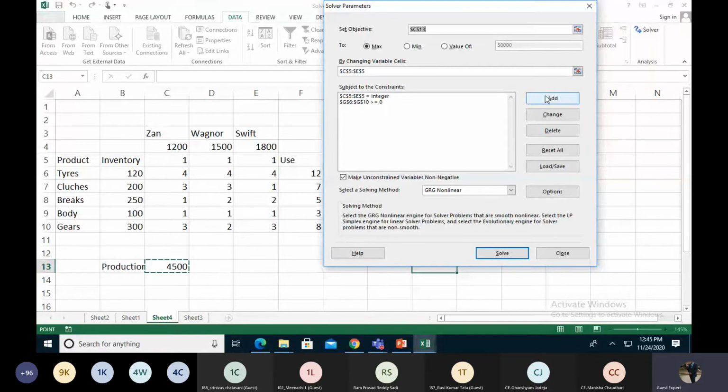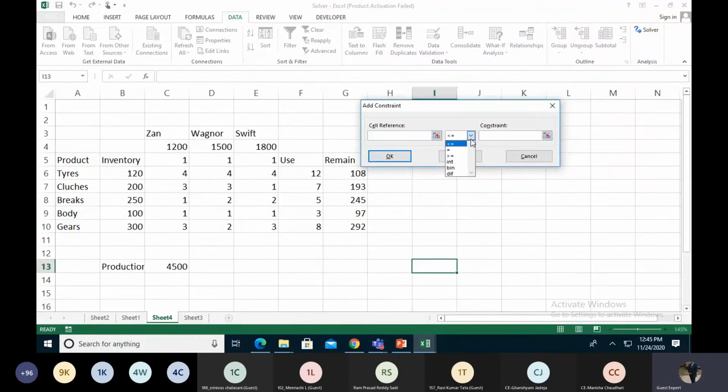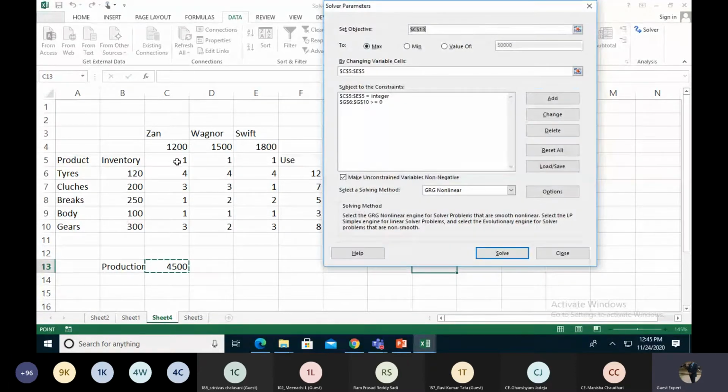Then after we can add the constraint, and then we run the solver. In constraint, they have the options greater than or equal to, less than or equal to, integer, bin, and difference. Remember one thing: when you are selecting the changing variable, make them an integer, because they are statistical formulas. If they need some desired result, they also put it into floating points, which is not a good thing when we are doing some kind of analysis.